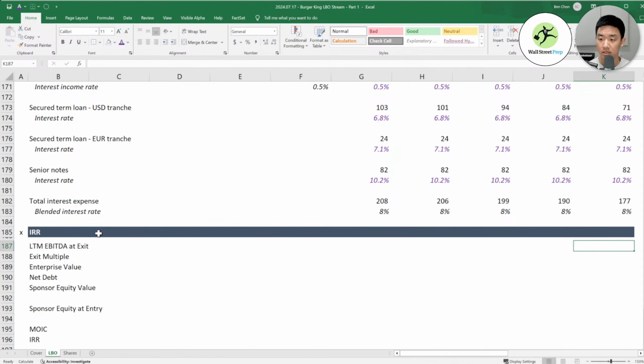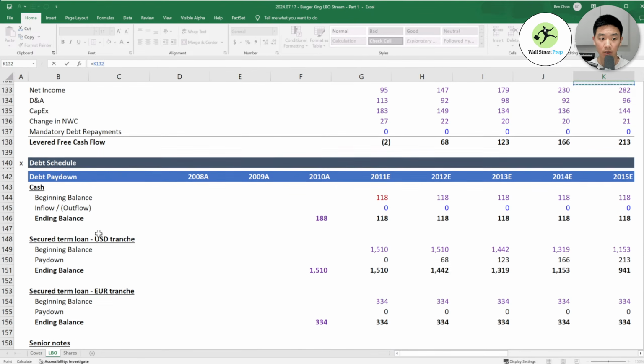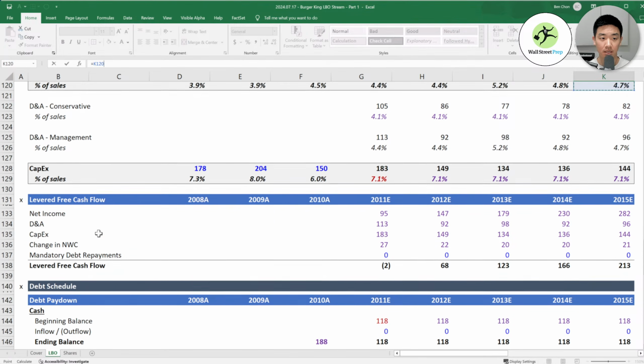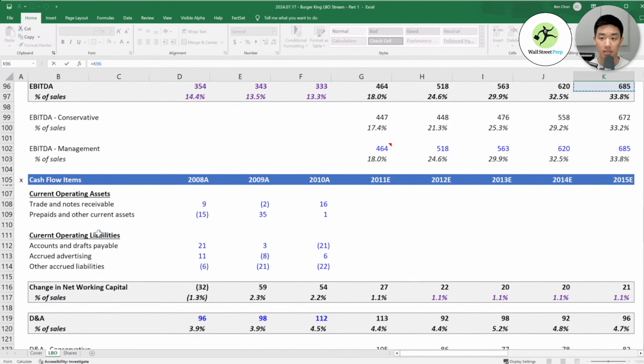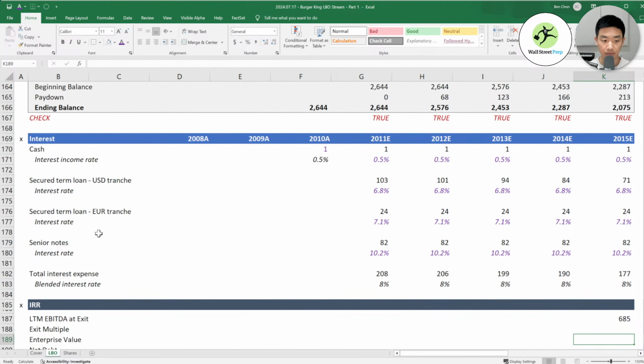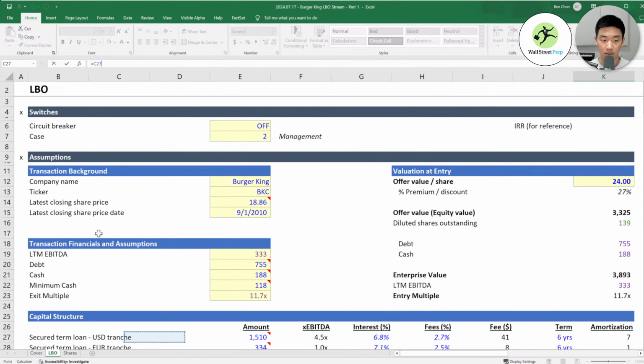So this is just all references, right? So LTM EBITDA at exit, we can go all the way to the top and get to our EBITDA. Exit multiple is also at the top, right? This is our assumption here.